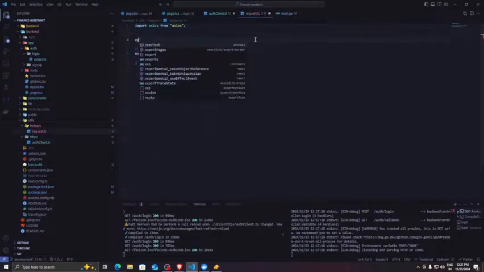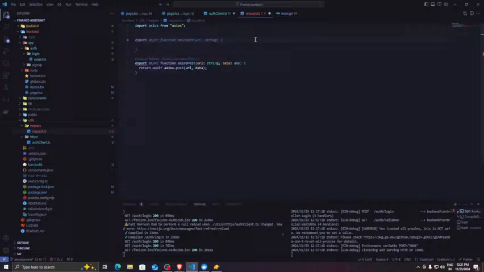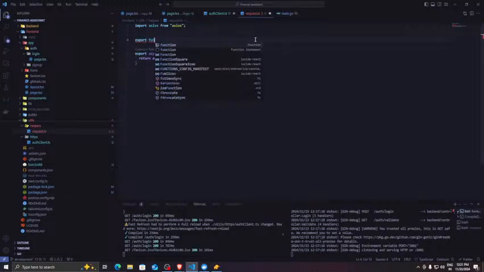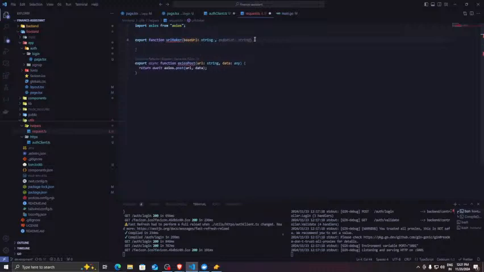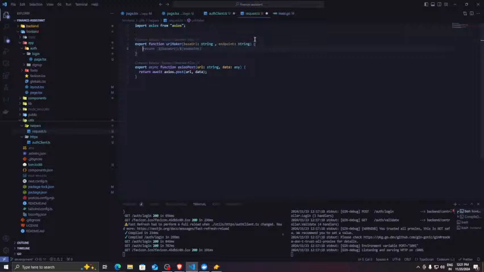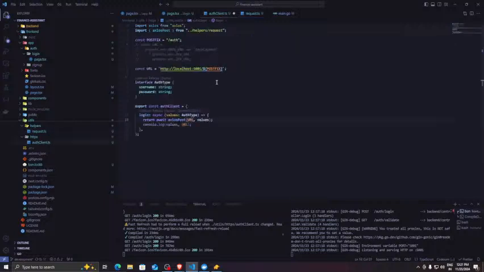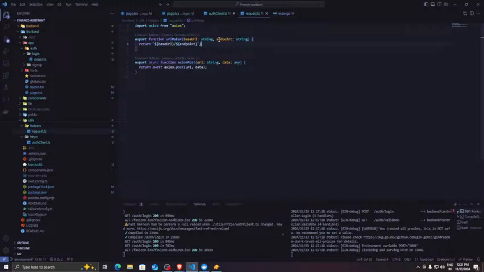And export function urlMaker, base URL string, endpoint string. Okay, and it should return like this. Okay, fine. So now what I'm going to do is when it gets the URL endpoint, I mean